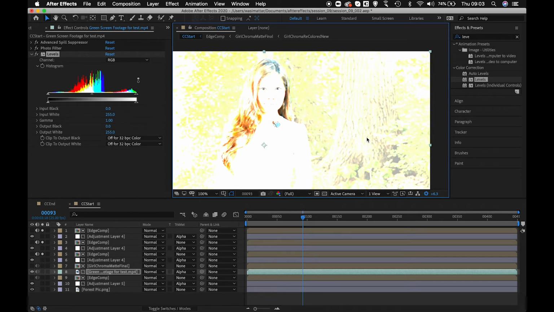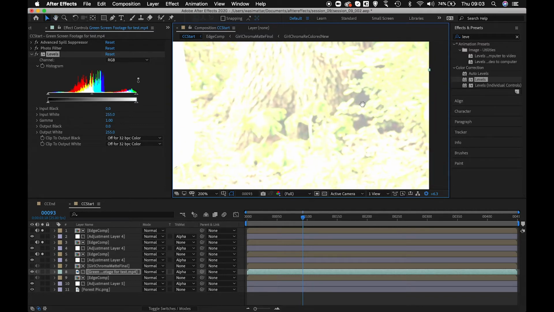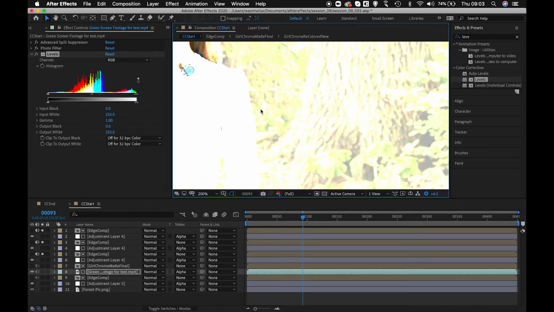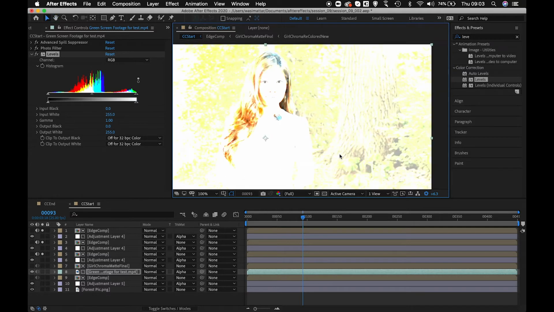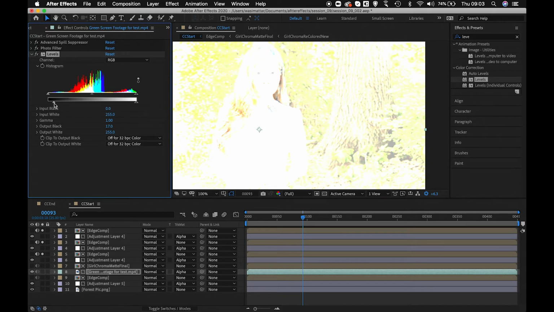Now when I burn this thing out, you can see the darkest portion near the tree. Okay, they are not completely black. They are something like gray. But if you see the darkest portion on the girl, it's literally black. So how do you match this? I'll just keep it over here, and inside my levels, if you see these blacks over here, I'll just take this thing down. So it is something close to what we have over here, like a little bit grayish has to get added over here. So I think this is looking quite near.